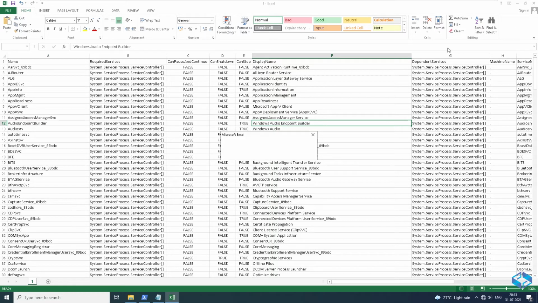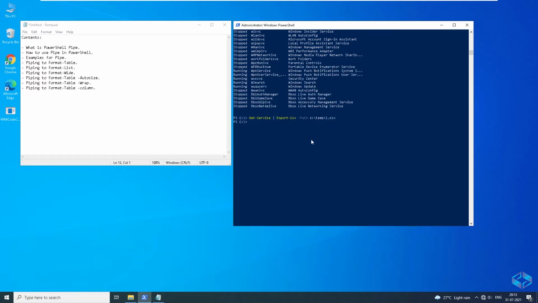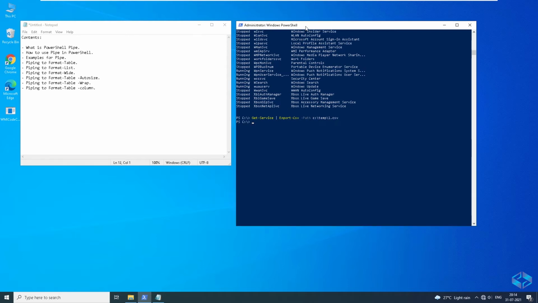So here we have the output file, and this is one simple example of what the pipe does. It is very useful in all the scripting you are going to do after these sessions, and you may have to use it in multiple places in your scripts.